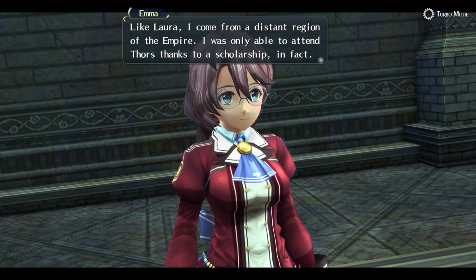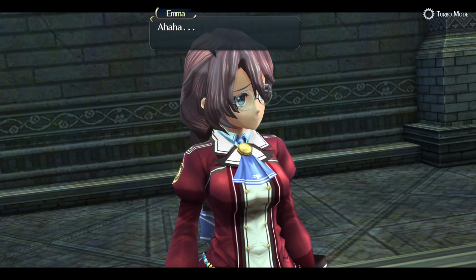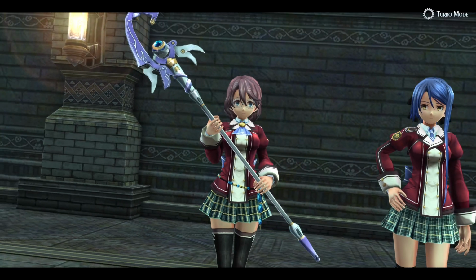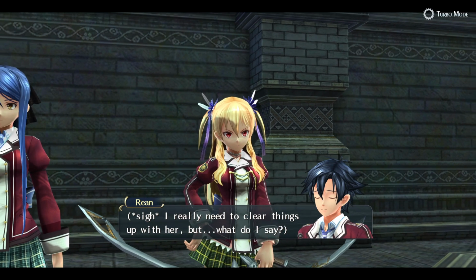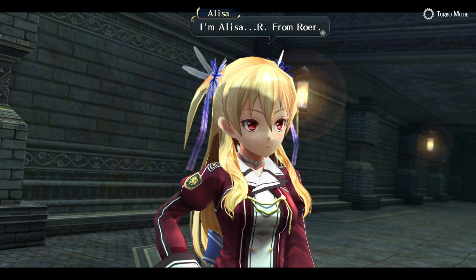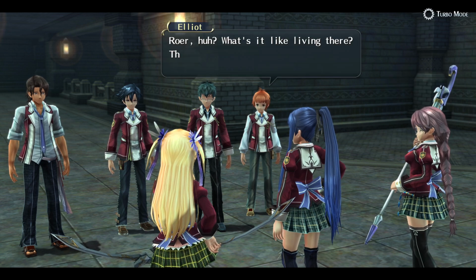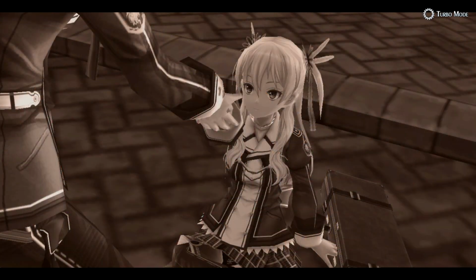Emma です。私も辺境出身で奨学金だよりよろしくおね。 奨学金、そういね。 その必修の武術にも縁がなく。魔道術でもそうですね。 そなたも自己紹介くらいした方がいい。そうね。アリサ R。よろしくしたくない人もいるけどまあ。ルーレット。